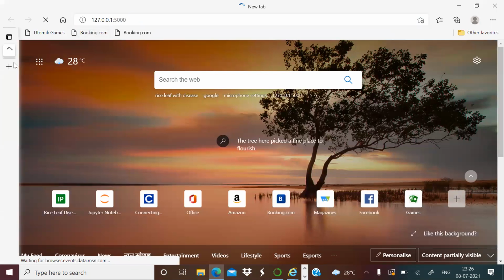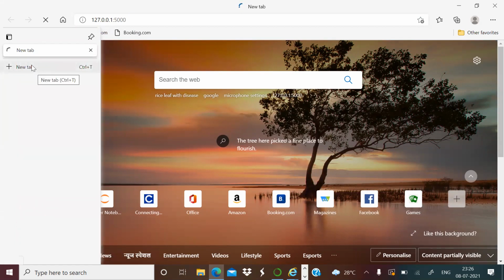Okay, hello everyone. So after we run a file on Anaconda prompt, we get a server port number. When we type and browse the port number on any browser, then a web page appears on the screen.